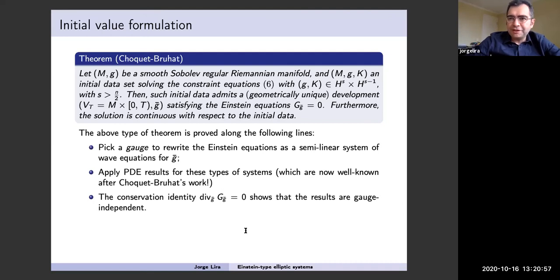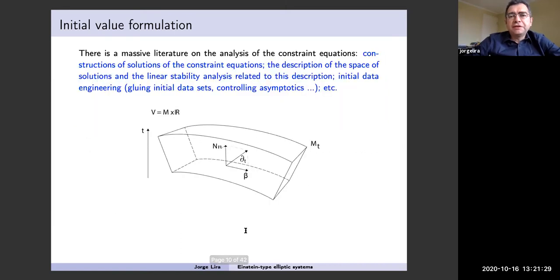We have to impose some decay conditions, some control in Sobolev norms of the data, but it's just the technical stuff here. But the conceptual idea is to fix a gauge, that means splitting the problem into spatial and time coordinates, as I said before, writing down the PDEs in terms of a normal form of presentation, and try to combine Einstein field equations and Codazzi and Gauss equations to get the constraint equations that are the main part, the core of the problem. So that gauge permits to write the equations in terms of two